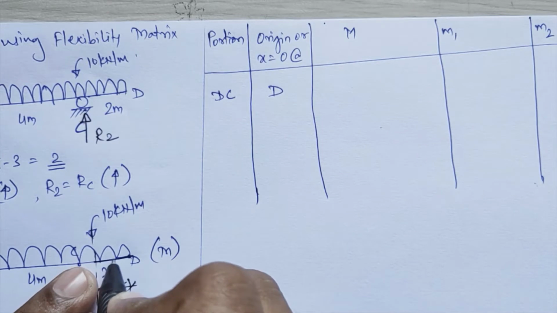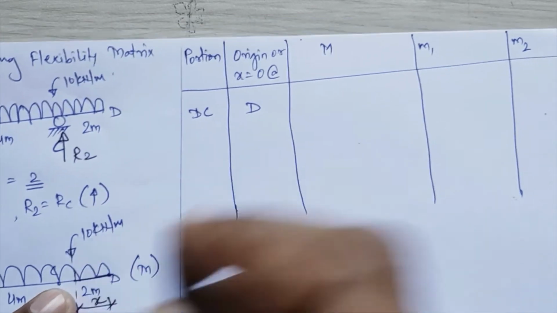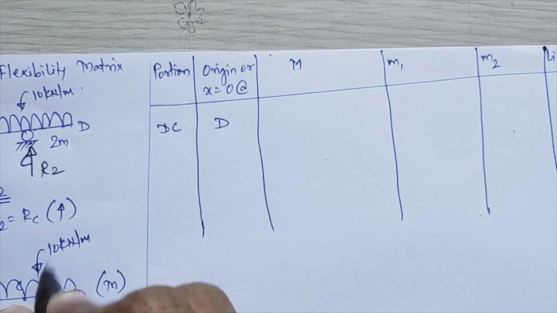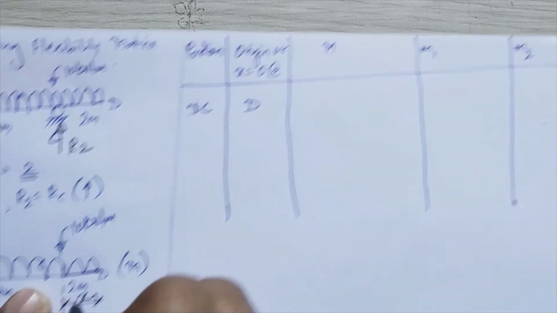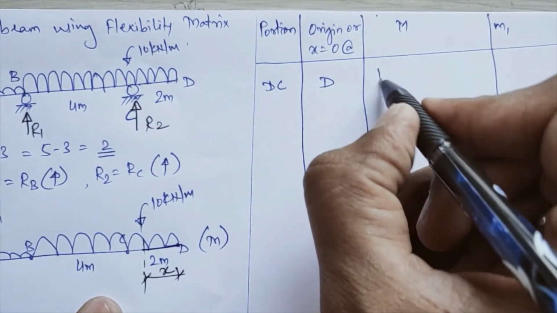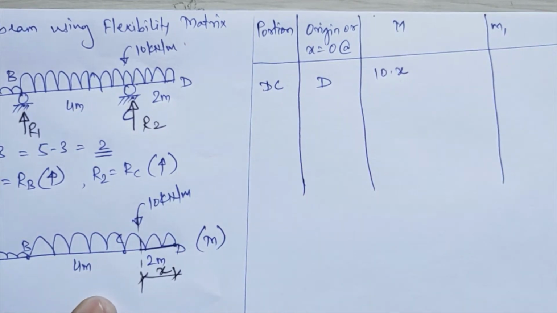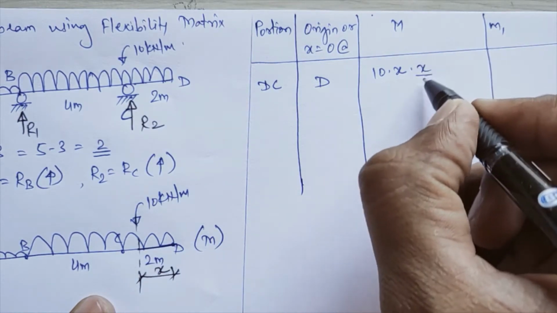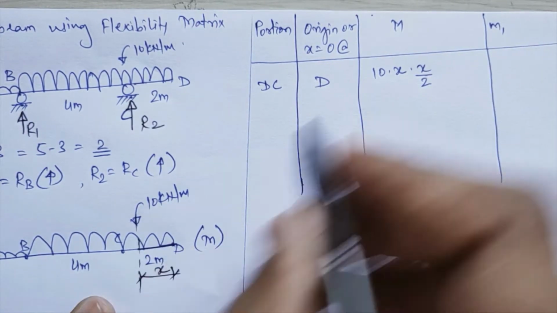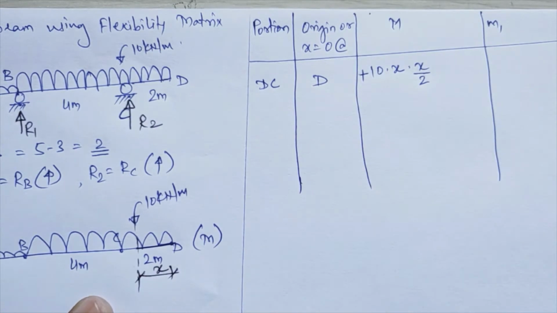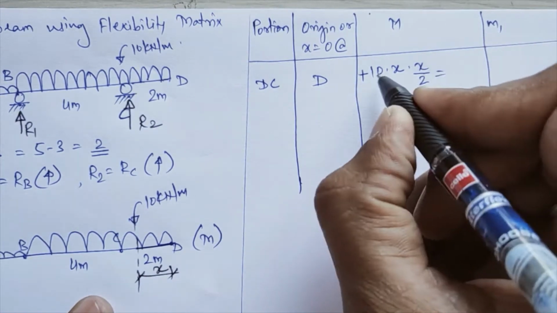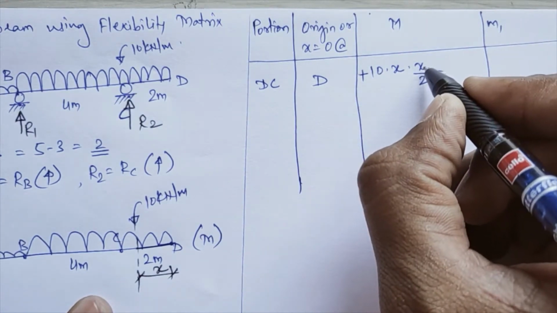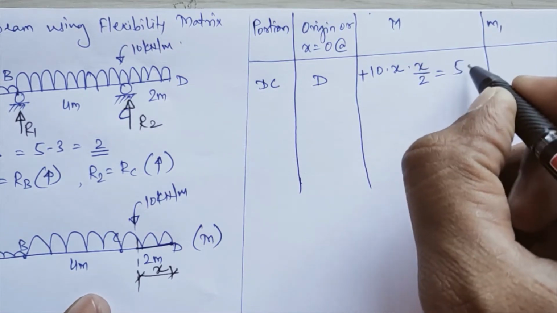So UDL you have to convert first into a point load. So point load conversion is what? Intensity of UDL multiplied by its acting length. Acting length is here equal to x. So that comes here 10 into x, into where this will act at the half of this acting length. So that will come equal to x by 2, and that moment is clockwise. So it will come positive in nature. So I'll get this as 10 into x, that will become x square divided by 2. So I'll write this as 5x square.